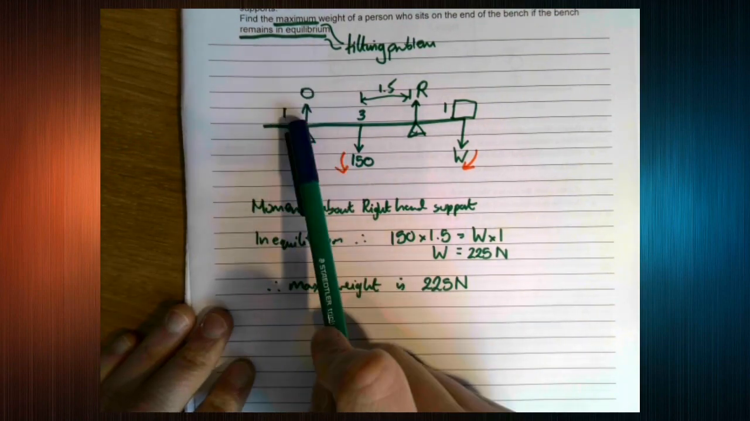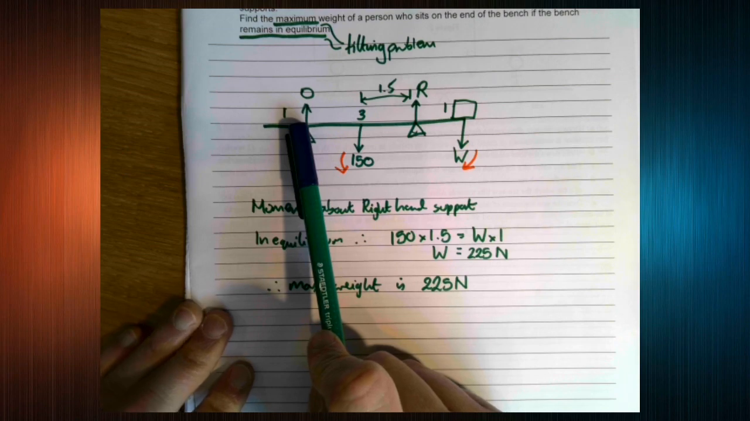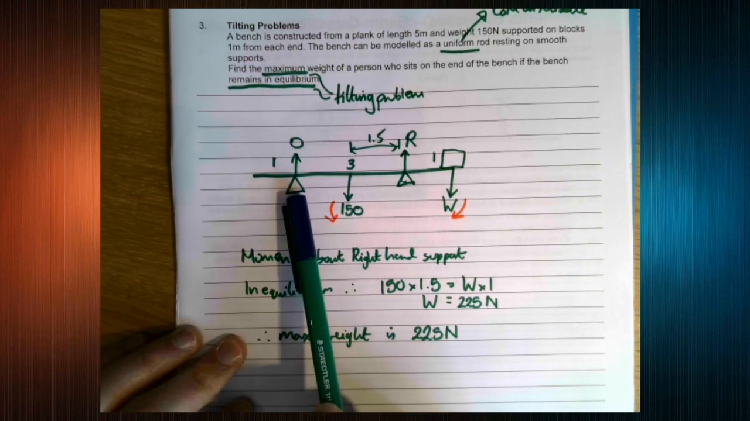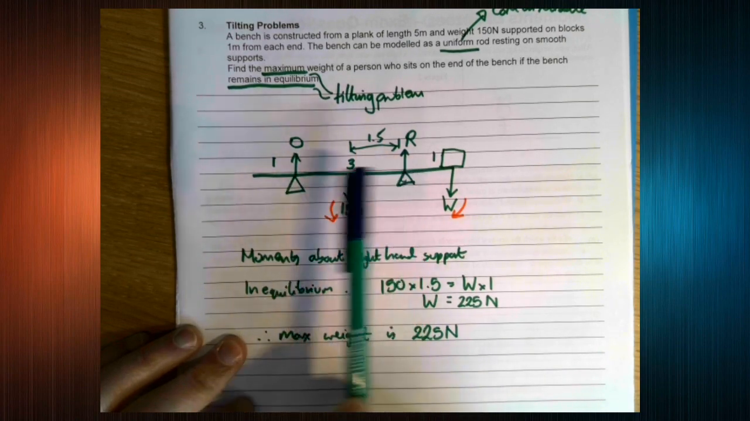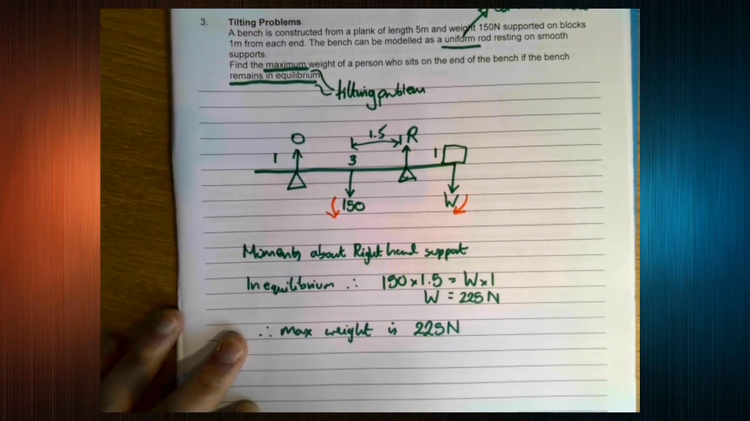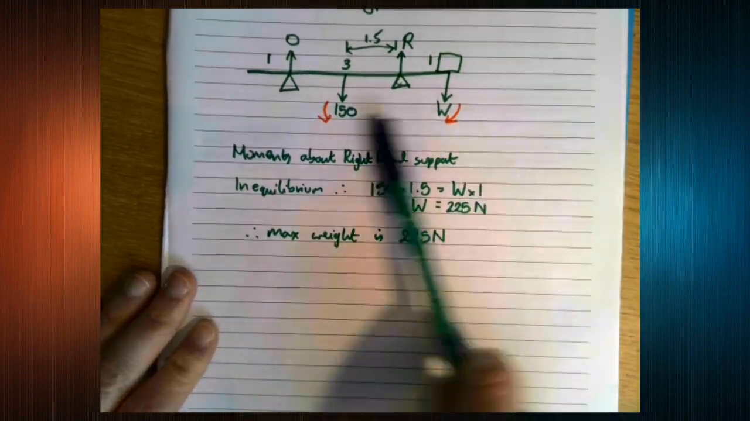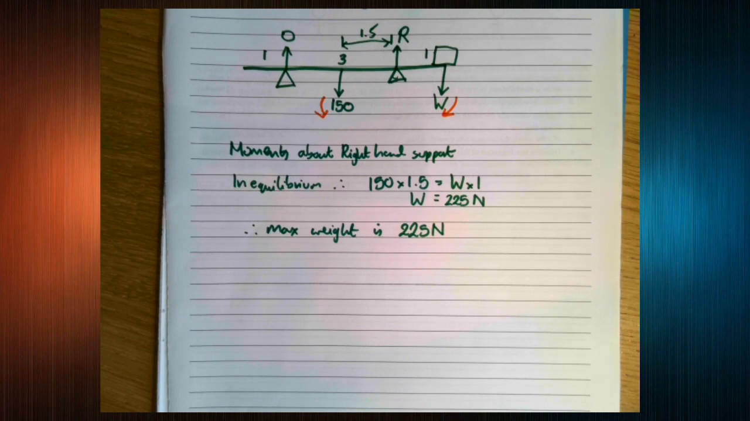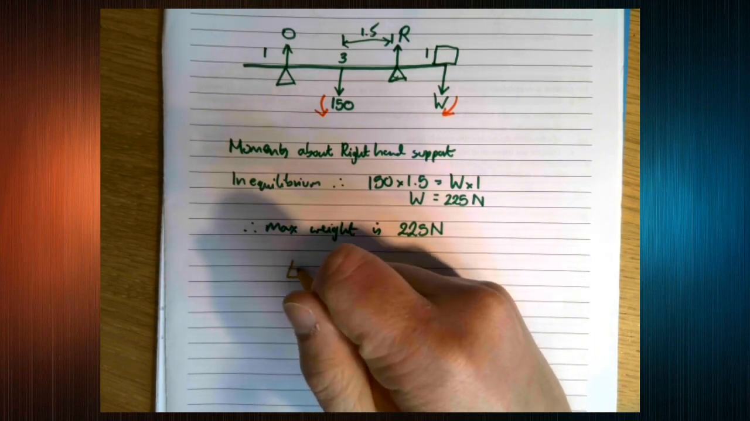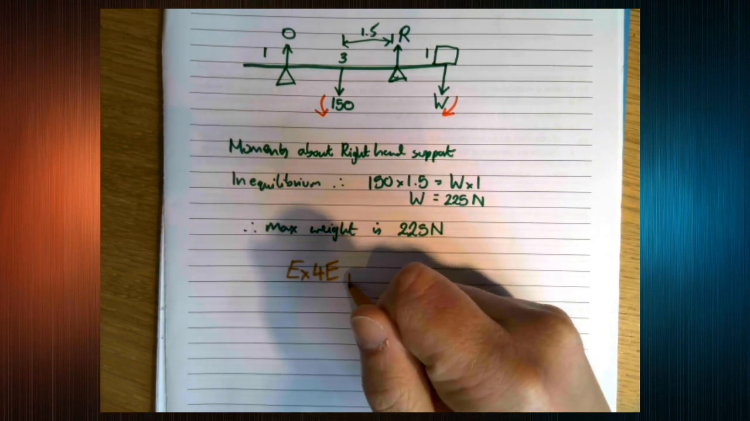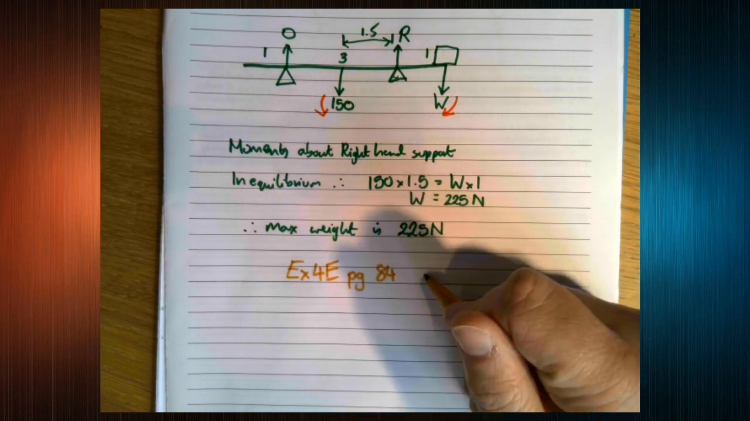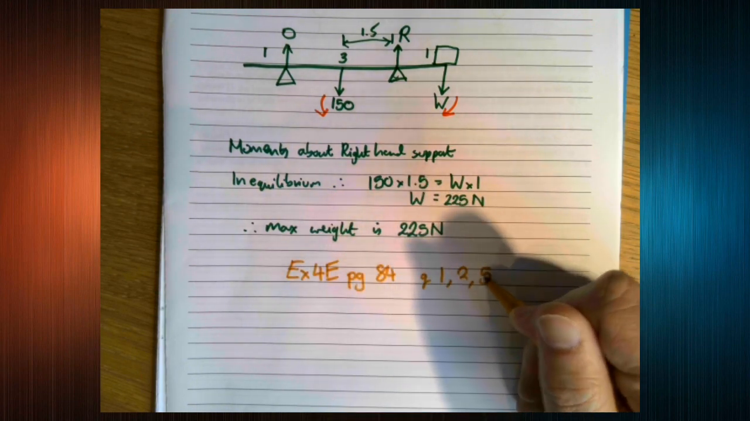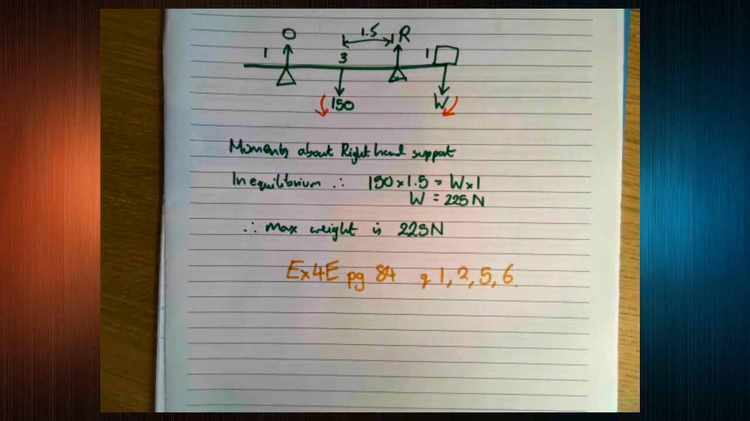So this is the key idea, that at the point of tilting the reaction force at any other pivot is 0. Beyond that, as you can see, it's a case of doing exactly what we've done. Resolving moments, maybe resolving forces, depending on what the question needs. So, to practice this, exercise 4E is on page 84. Questions 1, 2, 5, and 6. It's not a particularly long exercise, so